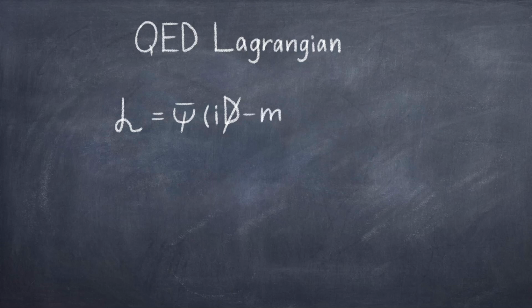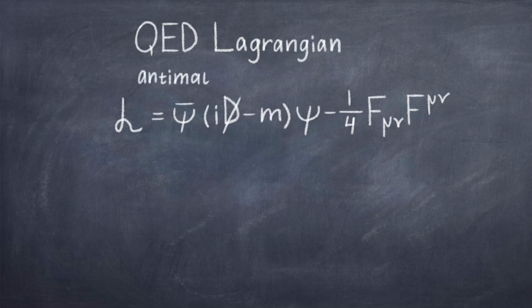The Lagrangian is equal to psi bar, in parenthesis, i D-slashed minus m, in parenthesis, psi, minus 1/4 times the field strength tensor squared. The first thing we note is that indeed the first term looks very similar to the Dirac equation. The first difference is that we have psi bar on the left. This is the wave function of antimatter, like the positron. And likewise, psi is still the wave function of the usual matter.